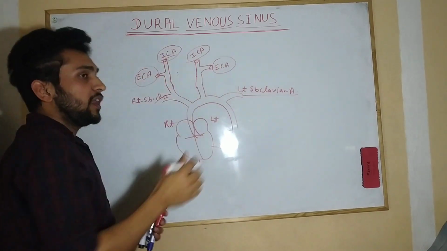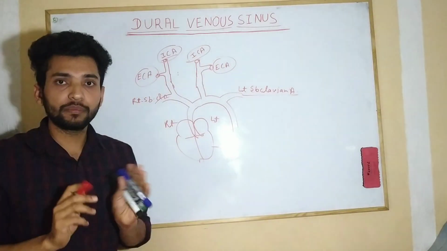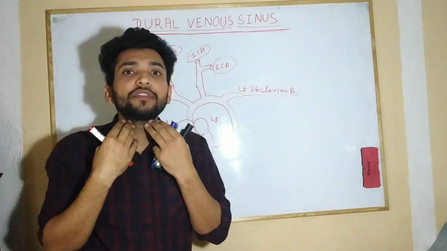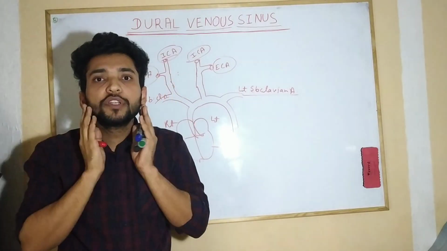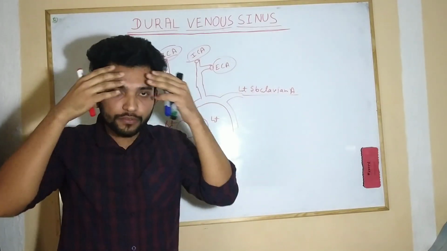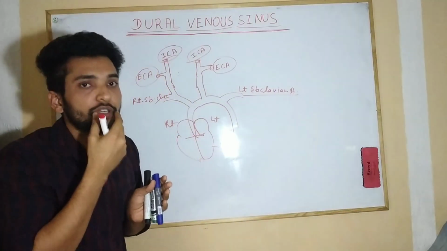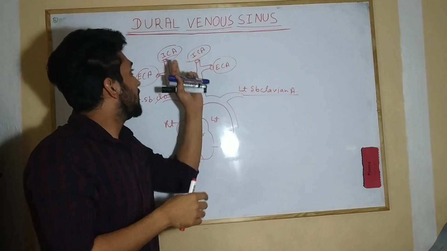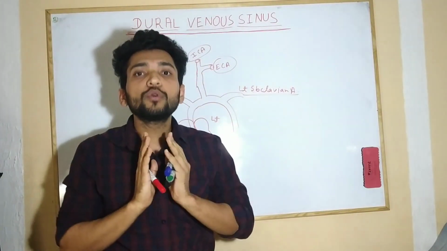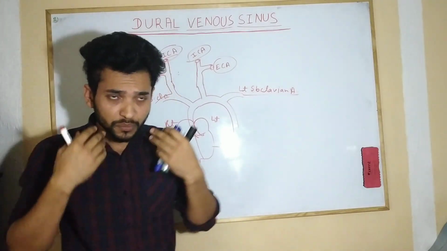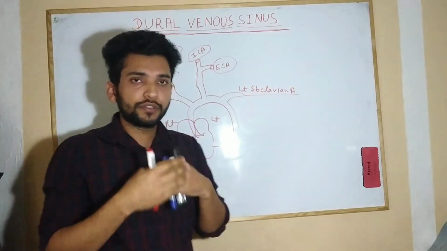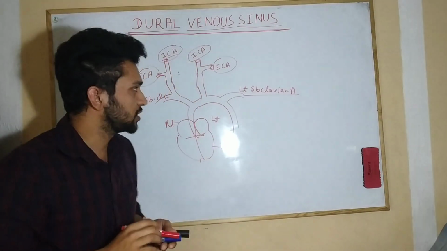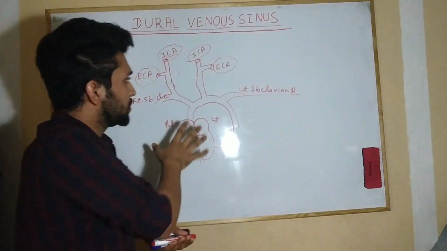Why are we calling one external? Because it gives supply to the external part of our ear. It will go and give supply to the thyroid. Then it will go up and give supply to the nose, ear, all the superior surface, and also the tongue. So the external carotid artery supplies everything externally, and the internal carotid arteries will enter into the brain and supply the frontal cerebrum, temporal, and also the occipital. So these are the two arteries which are entering.